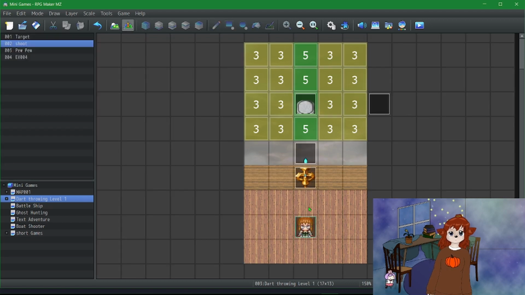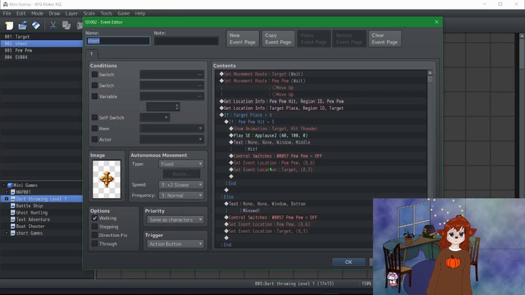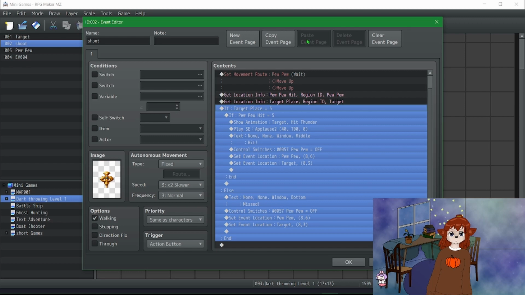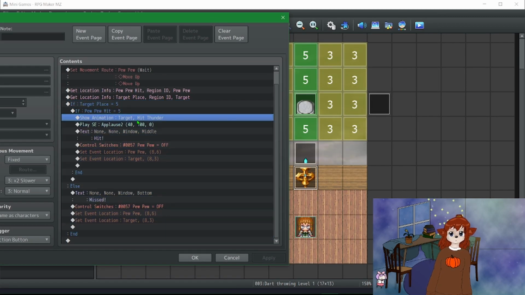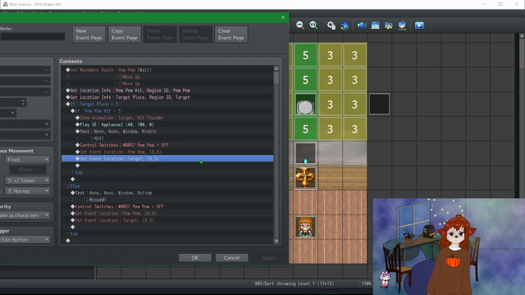And then it gets the region ID of the pew pew and the target, which is this. Right, if they both hit on 5, so anywhere in this row, it's a hit. You did it. Woo! And it turns the event off and returns this to its place and moves this one up. This would be if you want to increase the difficulty every time. And then if you miss,